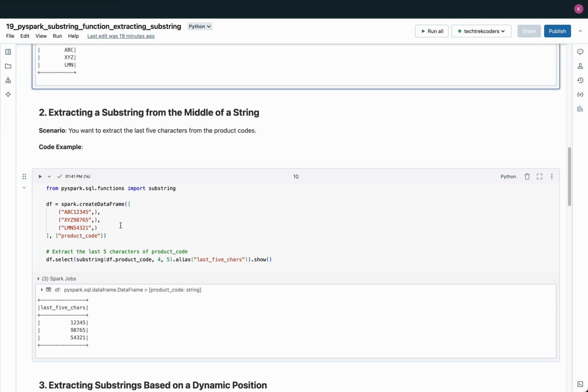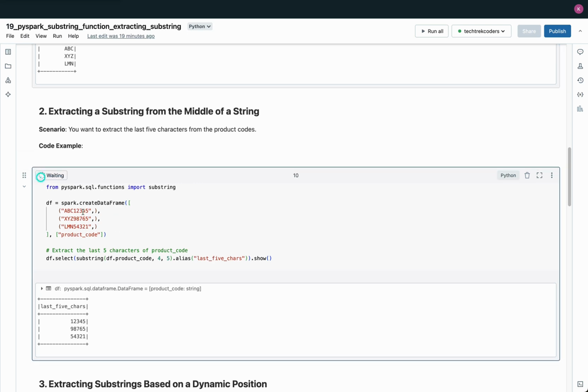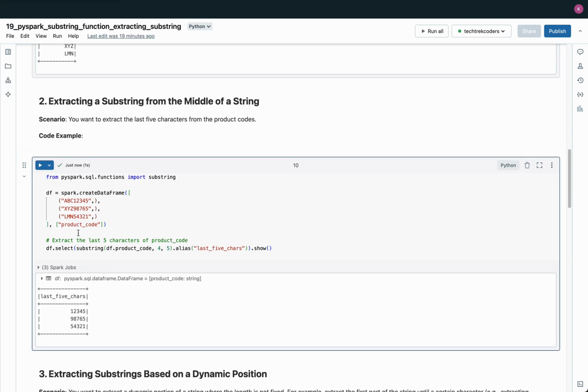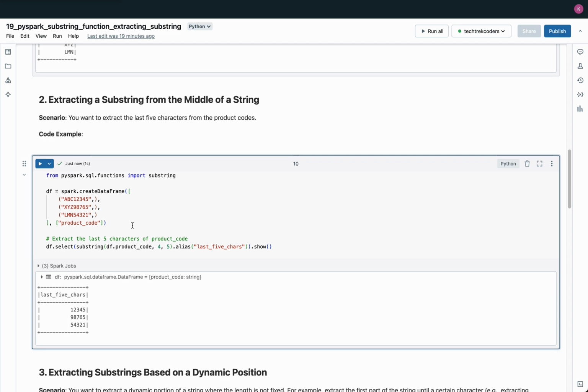Extracting a substring from the middle of a string. In this example, we are using the substring function to extract the last 5 characters from the product_code column in our PySpark data frame. The product_code column contains alphanumeric product identifiers such as